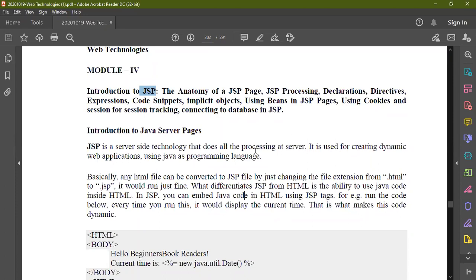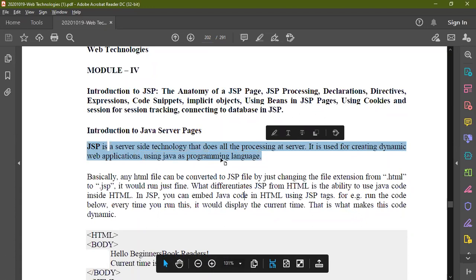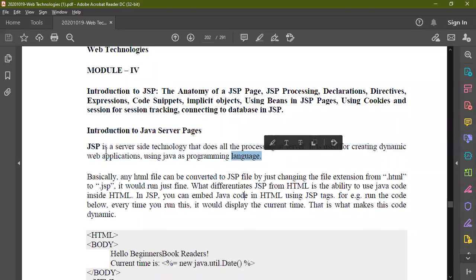Whereas dynamic content is going to change every time. When you execute the first time, it will show you some content, and the second time it will change, right? So this is dynamic content. For example, a video is dynamic content. But if you take a text, for example, if you open this PDF file any number of times, this paragraph will be the same, right? This is known as static content.